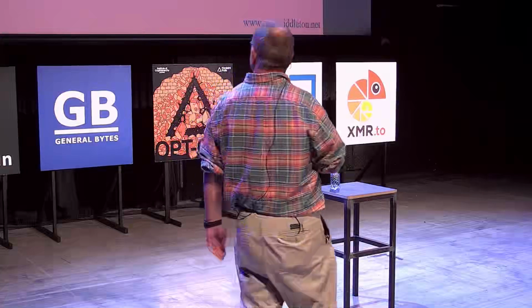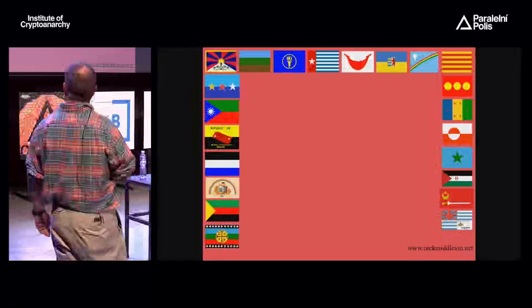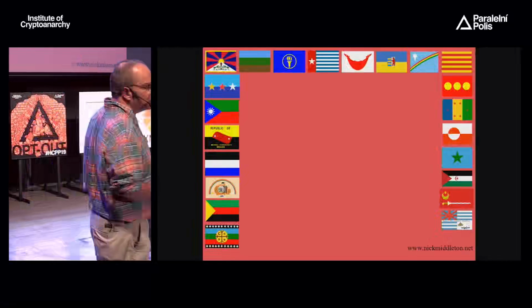And I'm going to finish there. I'll leave you with some flags of other non-countries that appear in the book, which I haven't had time to talk about,